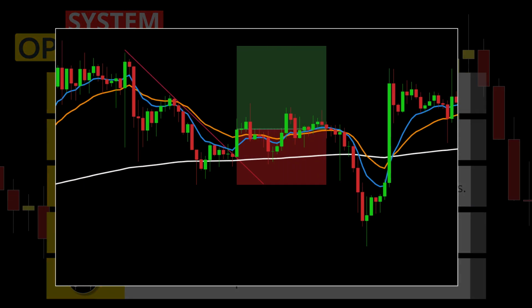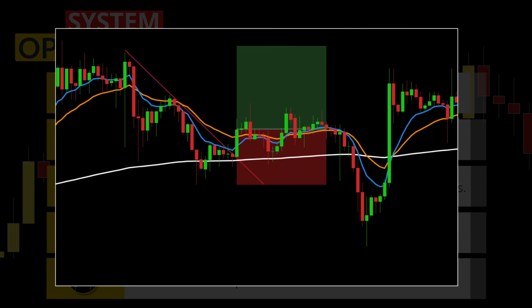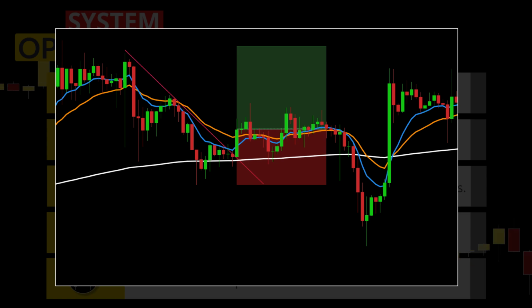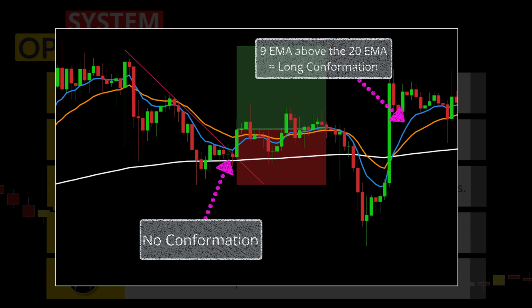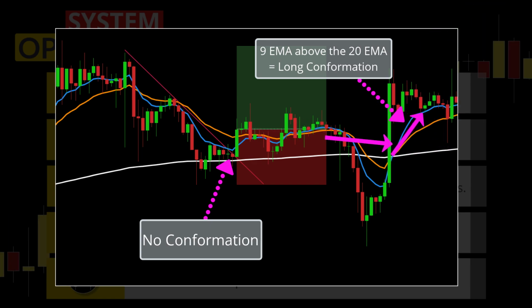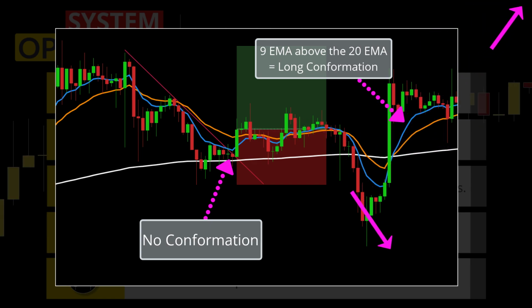First, in my opinion, the 9 and 20 EMAs are not used correctly. I would change the rules to only get into the trade when the EMAs move in the direction of your profit target. You can see how it filters out this bad setup and gets you into this good one.